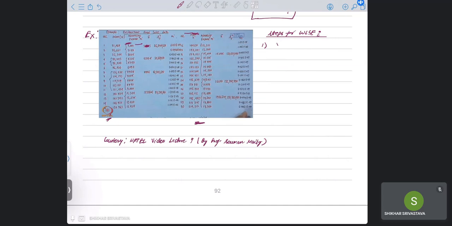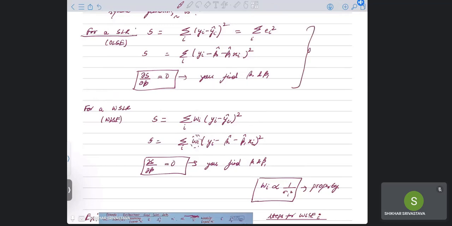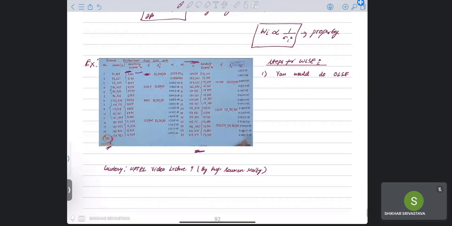First of all, you would do ordinary least square estimate. You'll just take this data and find beta naught and beta 1 using this ordinary least square estimate method. Then you will fit the data and you'll have something like this, which for this particular problem, y cap is 49.443 plus 8.0484x. This is your fitted model